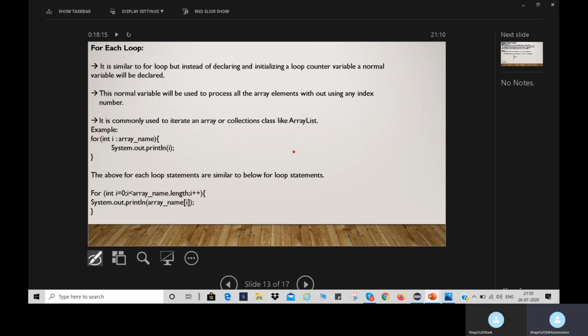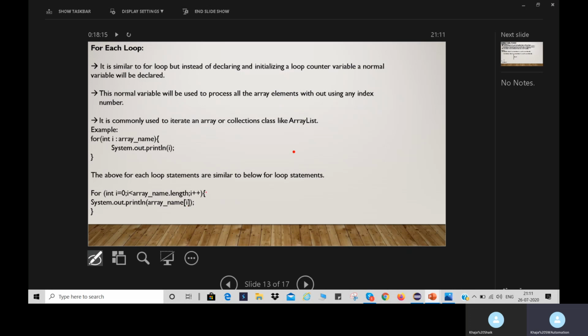So here we have an example: for int i colon array name, and here we are displaying the array elements, just System.out.println(i). So this i value will directly display the values in an array. The same statement can be written with a normal for loop like this: for int i is equal to 0, i is less than array name dot length, i plus plus, System.out.println array name of i.